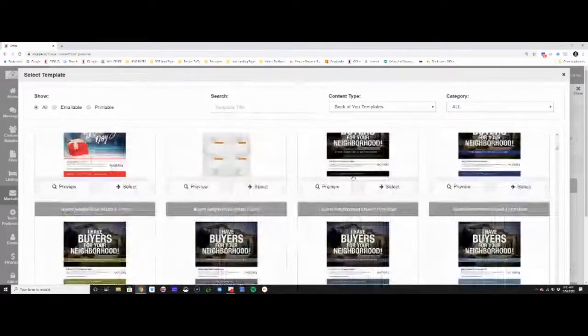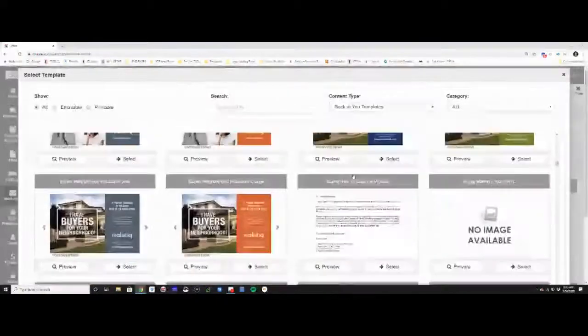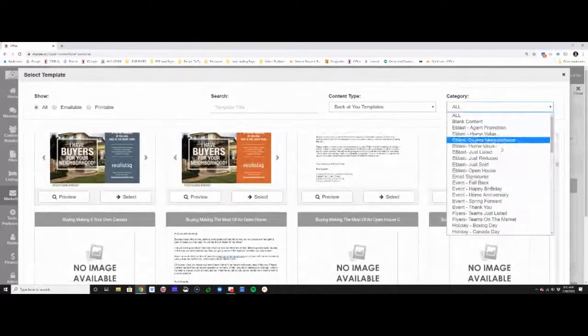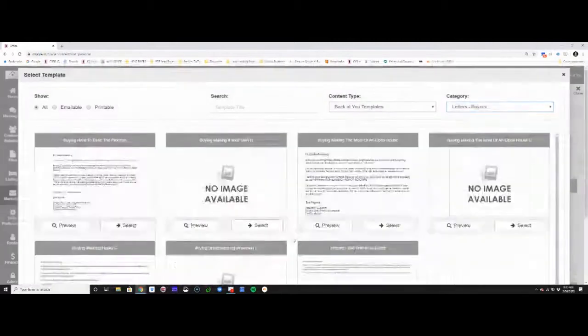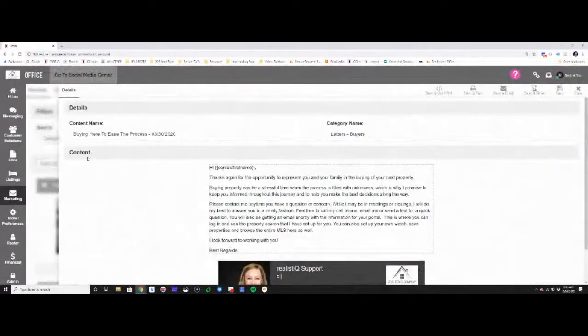So if I wanted to create, let's see, I'm going to go in, I'm going to choose from this category, I'm going to do a letter. And I want to look at the stock letters. Okay, buying, I'm here to ease the process. Maybe I'm going to edit this letter. So I can see here, I can name my content. So I'm going to call this Buyers